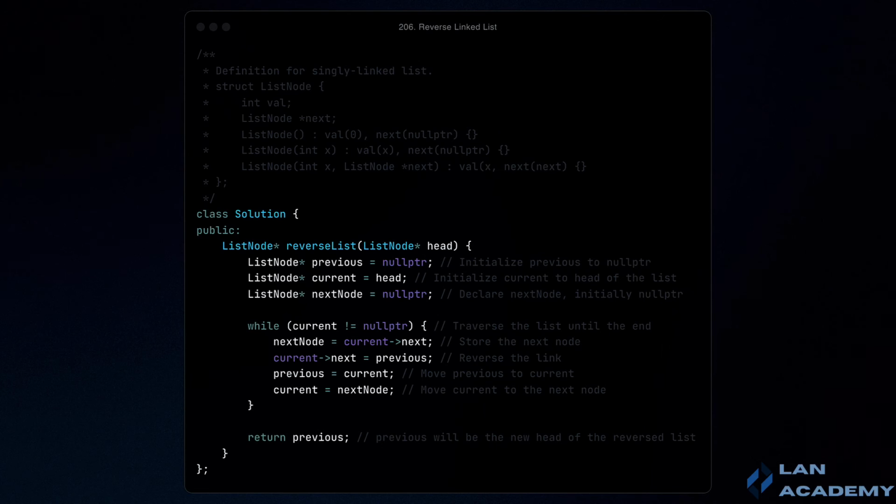In summary, reversing a singly linked list involves initializing previous to nullptr, current to the head, and next node to nullptr. We then iterate through the list, reversing the links at each node and moving the pointers forward. When current becomes nullptr, the list is fully reversed and we return previous as the new head.